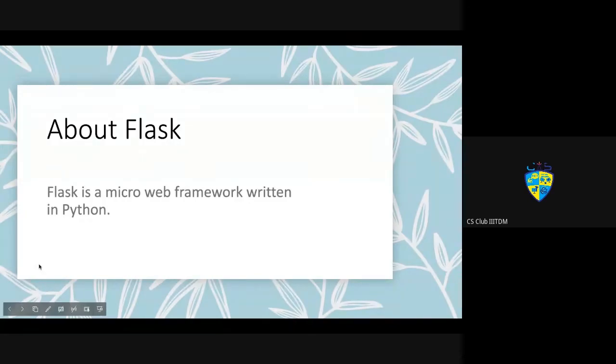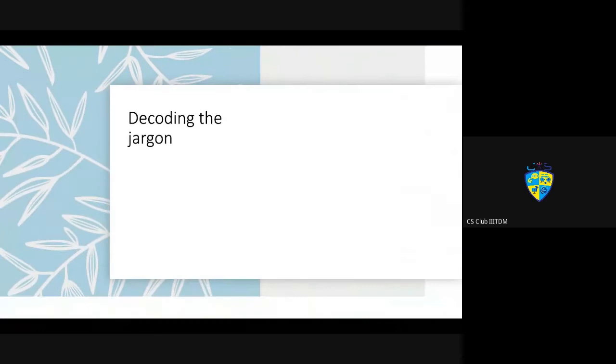About Flask. What is Flask? So Flask is a micro web framework written in Python. This is the official definition of Flask. Now to decode it, what is a framework? If you have followed Python, the previous session taken by Nitish for CS Club